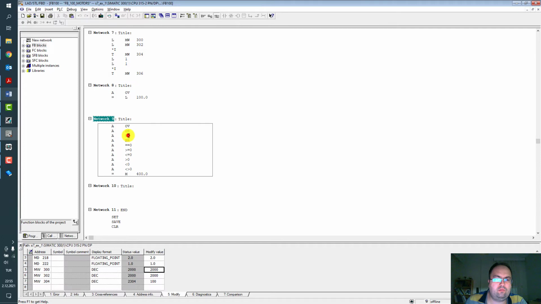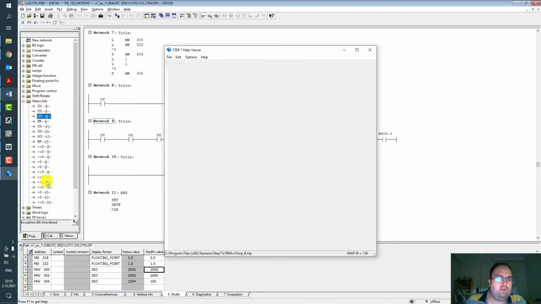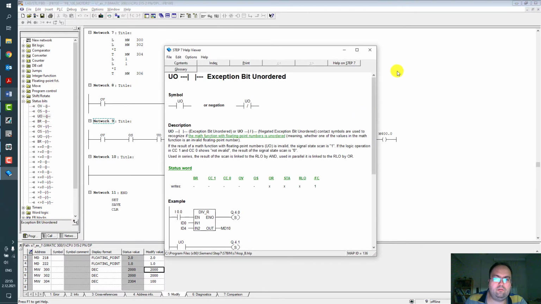Overflow stored, binary result, condition code 0, 1 and UO means exception bit unordered.